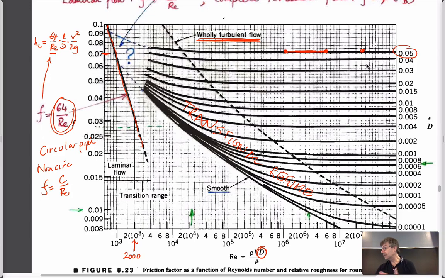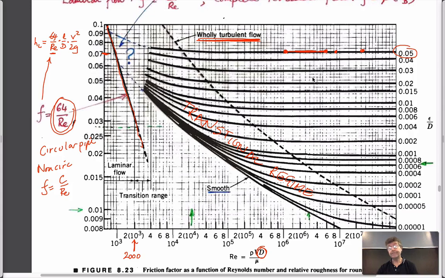So that makes it somewhat easier to solve for conditions. We'd like to have fully turbulent flow because it defines our friction factor uniquely as a function of the relative roughness and nothing else, as long as we know that we're going faster than a certain velocity. And so friction factor varies with the flow rate in the laminar regime. It varies with the flow rate in the transitional regime, but it doesn't vary with the flow rate in the